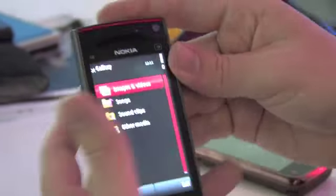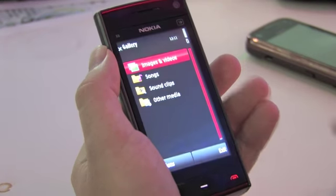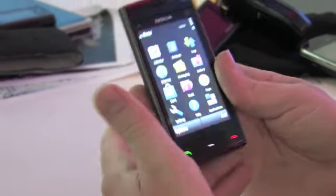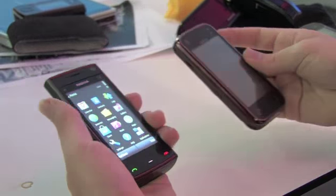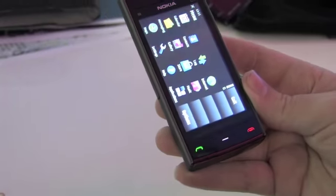So all in all, this X6 I think is a bit of a hidden gem here at Nokia World. You know, all the attention's been on the N900 and the N97 Mini, but this feels very good in the hand. The build quality, I would say, feels less plasticky than the 5800 and the 5530. It's got this rounded edge here on the back that just makes it feel a little bit smaller in the hand. As you can see, it's actually a similar size to the N97 Mini, but it fits slightly more comfortably into the hand, I'd say, and a good example of how Nokia are giving consumers choice in their range of